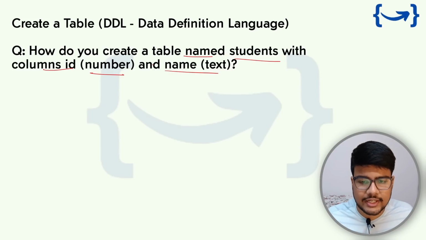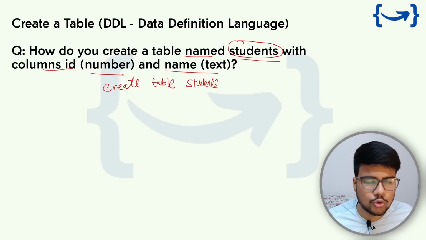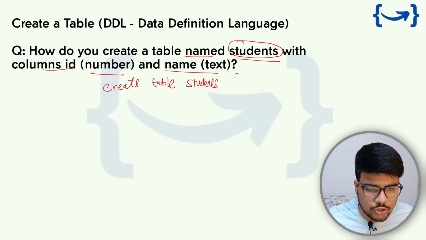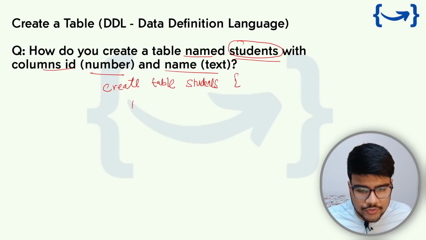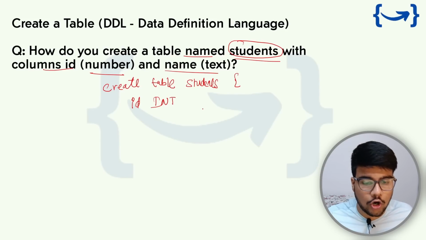We know the syntax of creating a table. It is CREATE TABLE. What is the table name that we need to create? It's students or student, whatever you want, but as the question mentions, do follow that. So CREATE TABLE students. Now what are the parameters? We have an ID, which would be in integer format, and